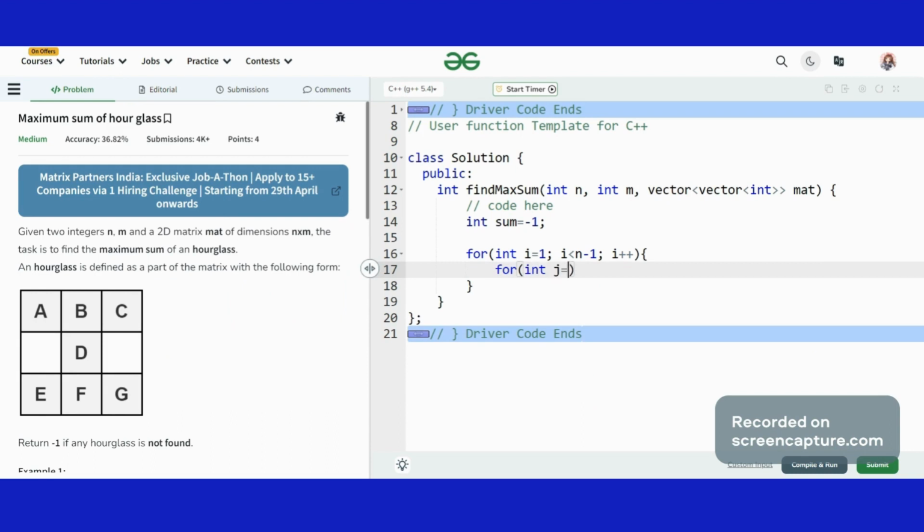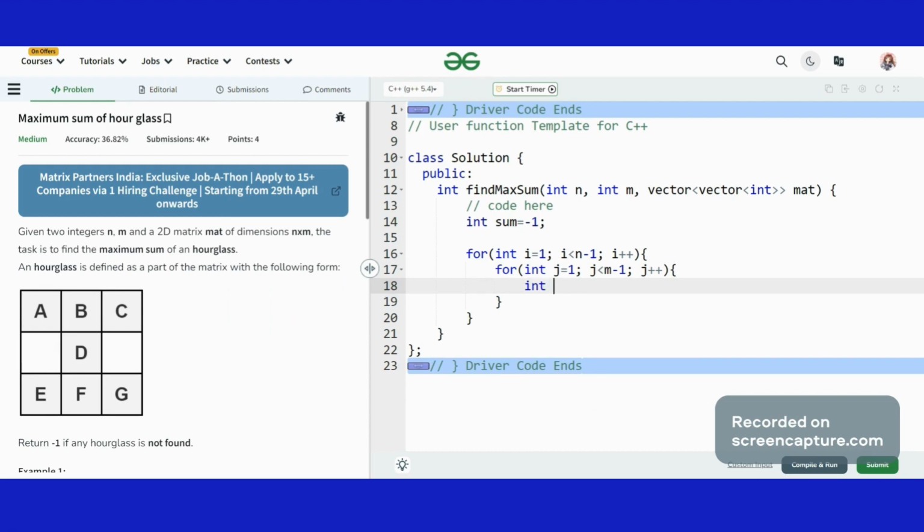This is our column. Now, let's take the top 3 elements. How to get the top 3 elements?